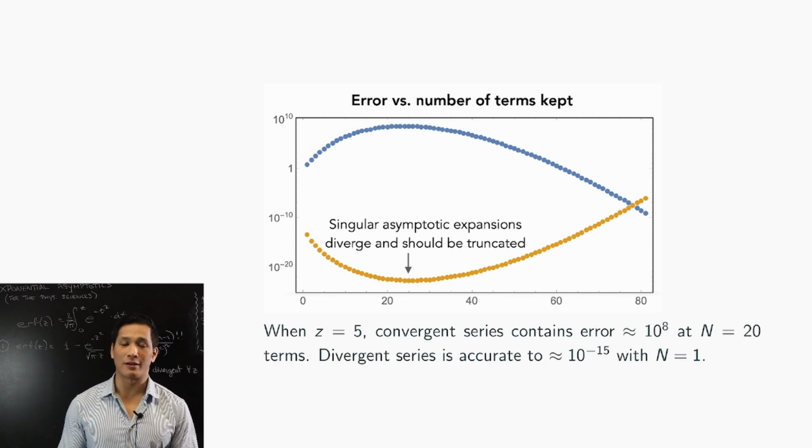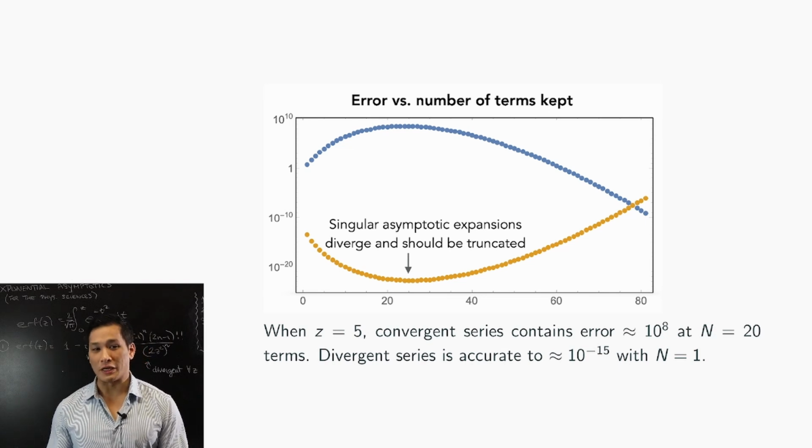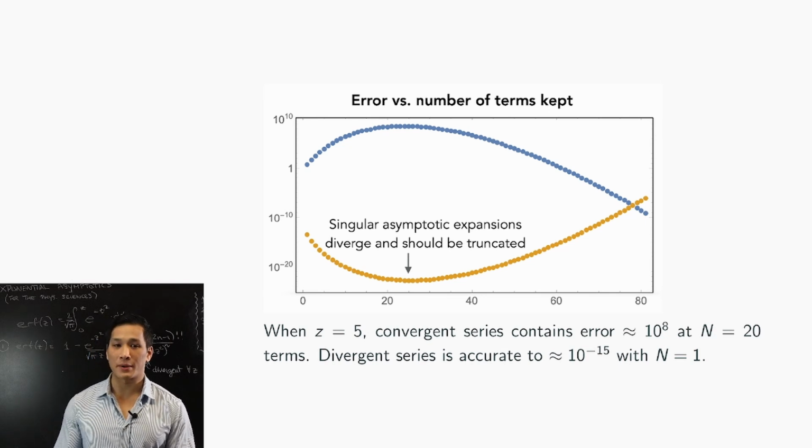So the point is that if it's a convergent approximation, the error should decrease. It should get increasingly better and better the more terms you take, right? And the blue that you see is the convergent series approximation, whereas the orange is the divergent series approximation. So you see that at this value of z, at z equal to 5, the convergent series starts with